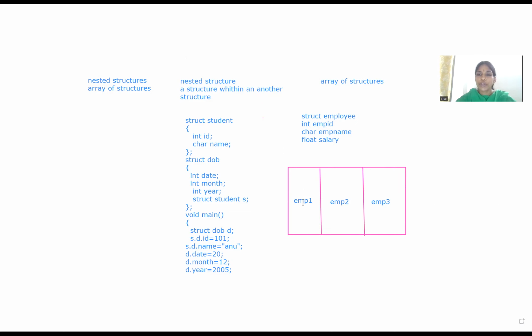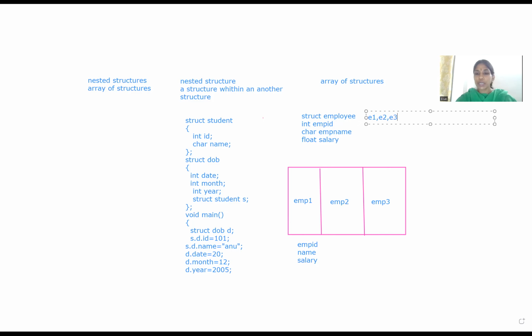Okay, so employee 1, employee 2, employee 3. For each and every employee, commonly what we are having is employee ID, name of the employee and salary of the employee. So when we are implementing arrays of structures, here what we need to do: for employee 1, when we are declaring the structure variables, E1,